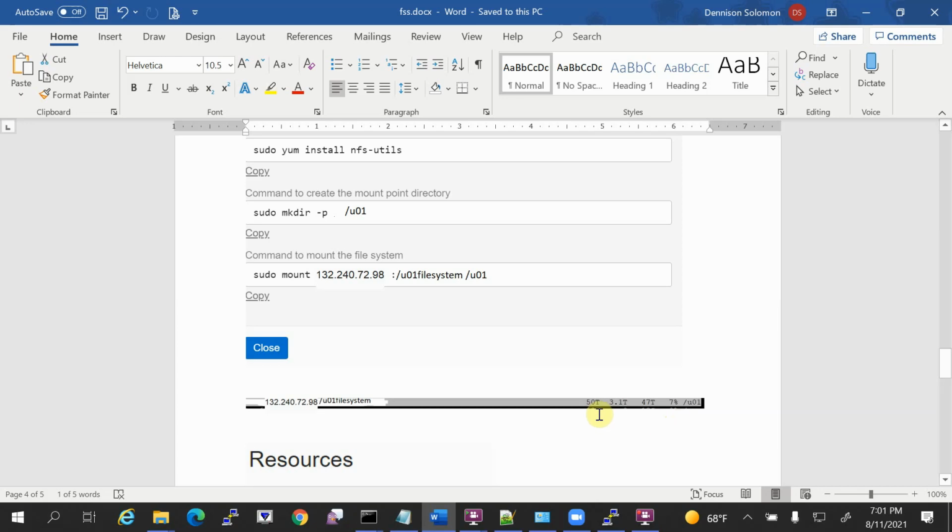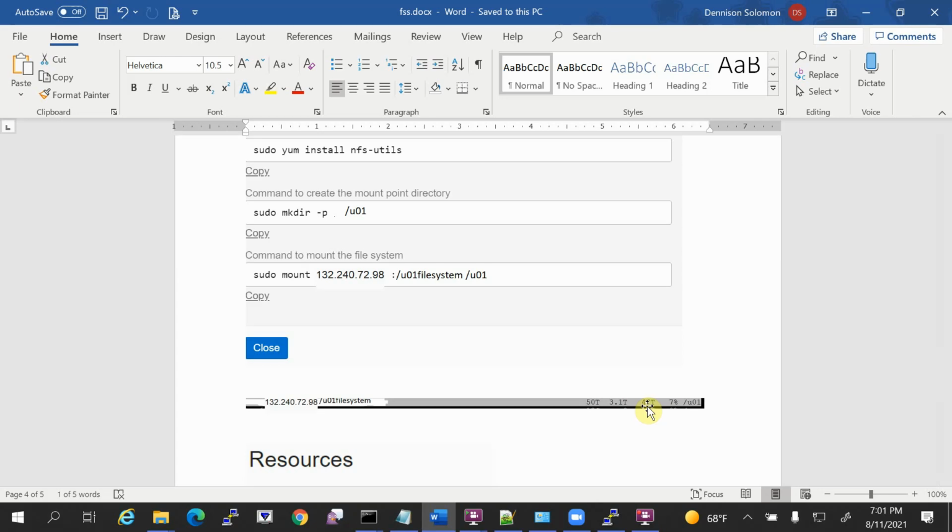The difference between block storage and FSS in terms of price: if it is block storage, the customer has to pay for 50 terabyte, though they are using 3 terabyte, because it is attached to your compute instance. But here it is not the case. Today he is paying for 3 terabyte. Tomorrow if the customer is going to use only 1 terabyte, he has to pay for only 1 terabyte. So you are going to pay for what you use.